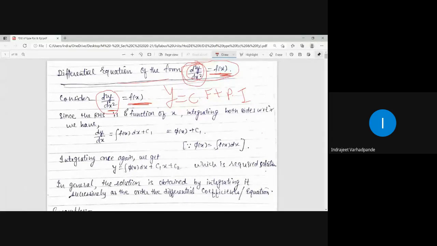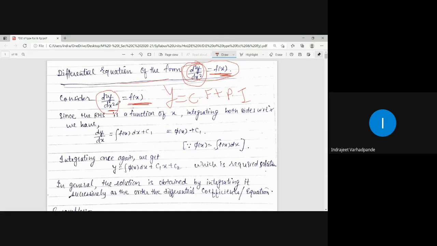Now how to solve such kind of differential equation? See, whenever the differential equation is formed, it is formed by differentiating the variable. So what is the reverse process for getting the solution? Integration is the best way to solve. So how will the integration be possible here, as the given differential coefficient is d2y by dx square and RHS is a function of x? That means RHS is a function of the independent variable. Just simply integrating twice will give you the answer for this particular differential equation.